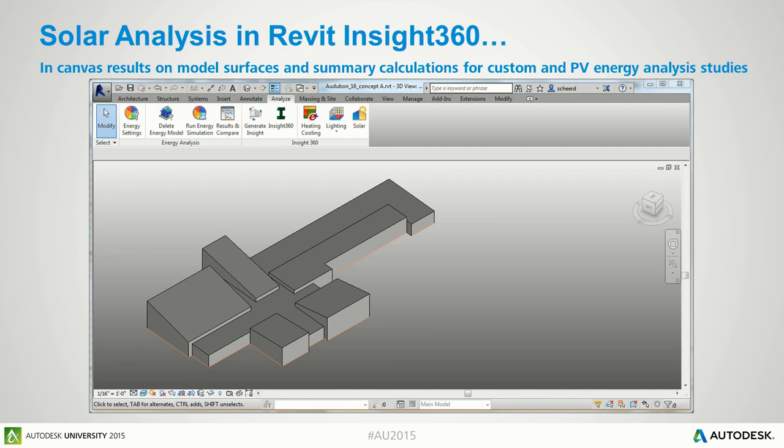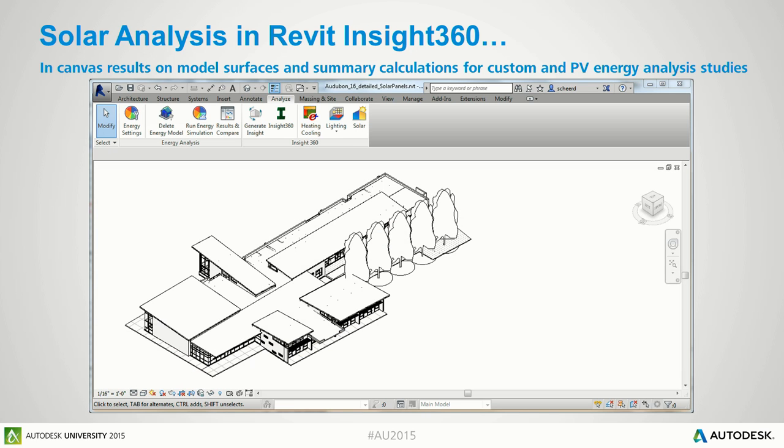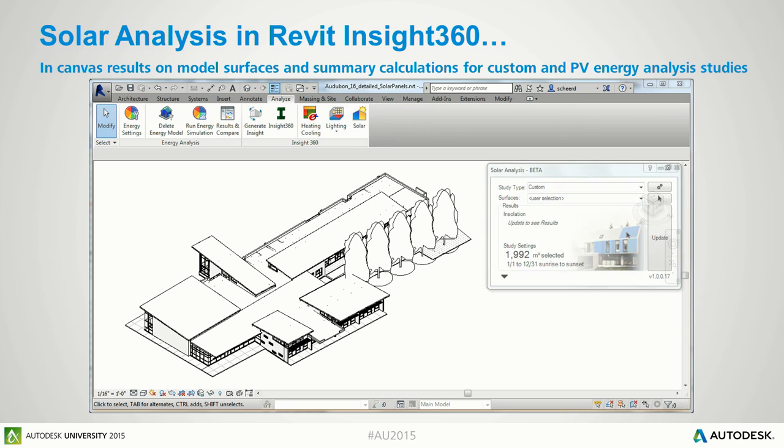So here's now moving to Revit. We can either start in FormIt, open the FormIt model in Revit, or do conceptual design in Revit, or work with a detailed model in Revit. They both work with the same tool, the same engine. The process in Revit is that the solar analysis tool is now built into the Insight 360 tool set on the analysis toolbar. Opening the solar analysis tool, we've built this